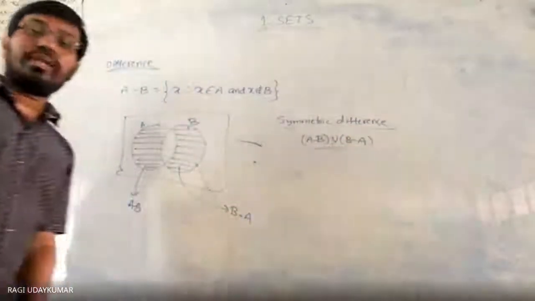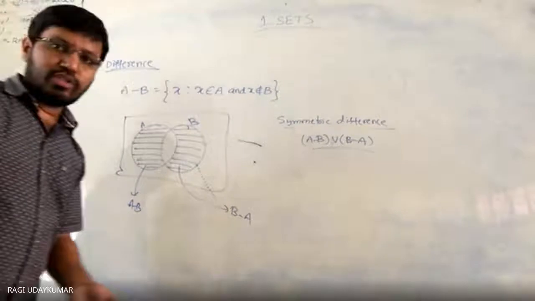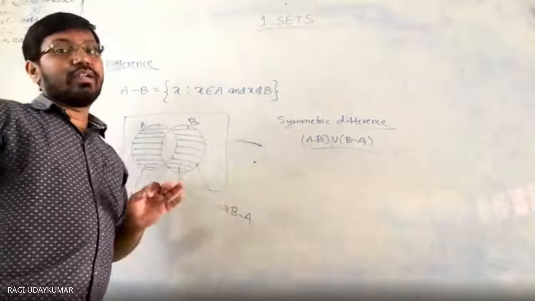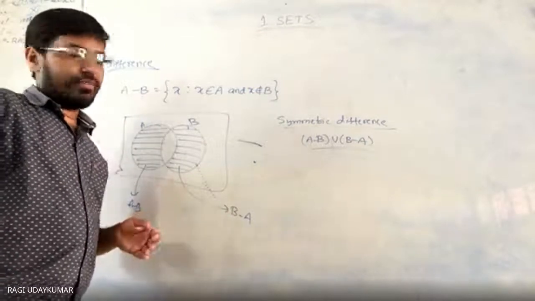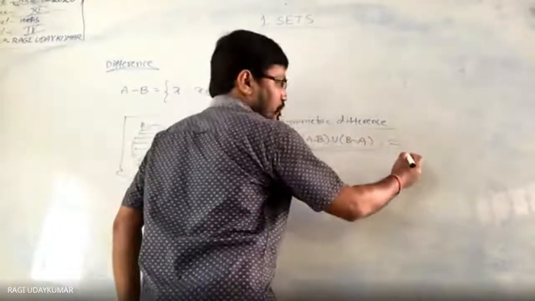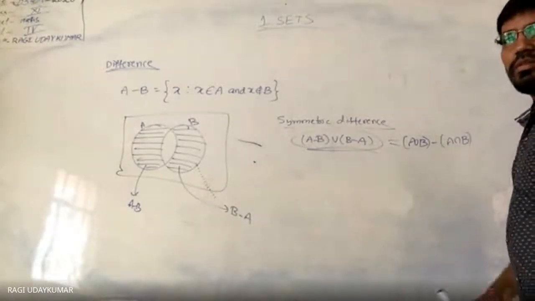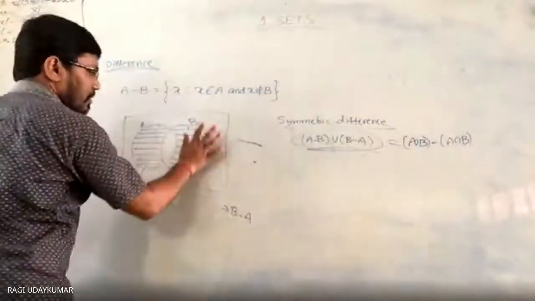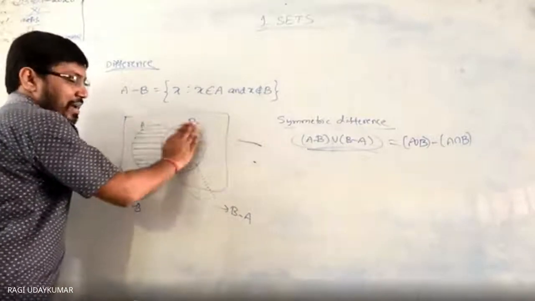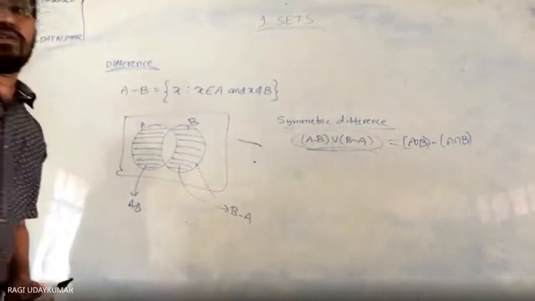A minus B union B minus A is called the symmetric difference. This is called A minus B, this is called B minus A, and if we take the union of both, then we call it a symmetric difference. And this can also be written in another way. Usually the definition is this one. This will be equal to A union B minus A intersection B also. A union B is nothing but A completely. From this, A intersection B is removed, taken out. So only this part remains. So you can write the symmetric difference in that way also. Okay?